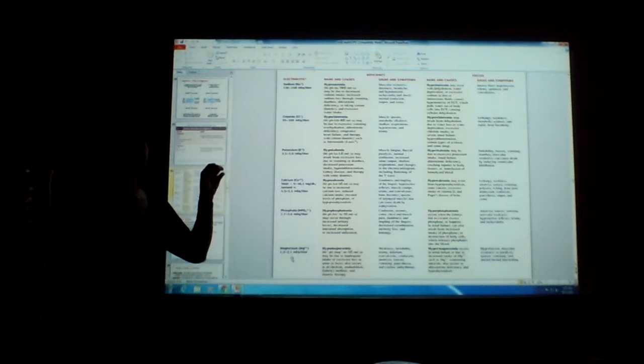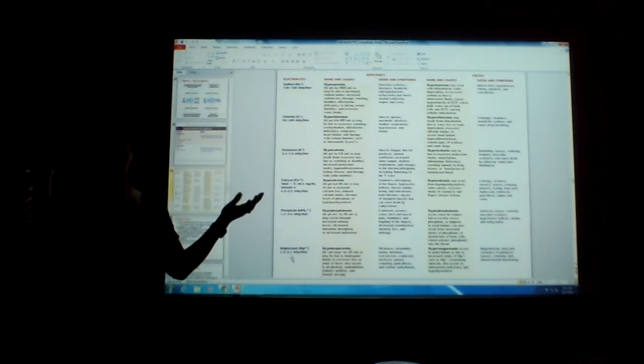And then the next question will be to predict what will happen if there are decreased levels of this one. Maybe predict what will happen to your brain. Predict what will happen to whatever. So that's how you will be tested. Do you have any questions?